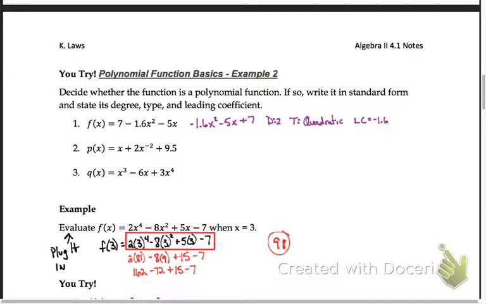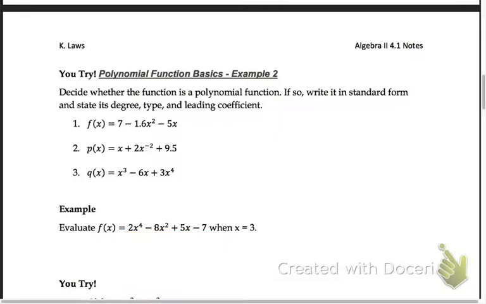Okay? I don't want to just see 98. I want to at least know, because then if you make a mistake, I can at least figure out where your mistake is. So whatever you type into your calculator, I need to see how that's listed. Parentheses and everything. Because what happens is, if you don't use parentheses, like right below it,